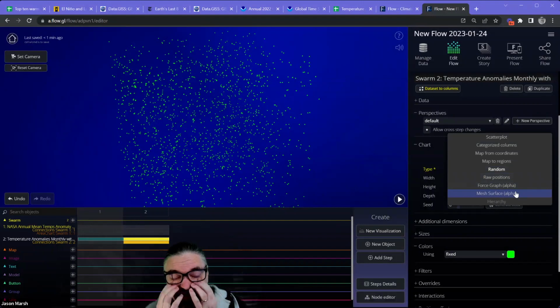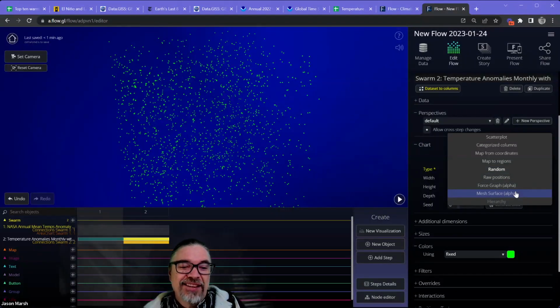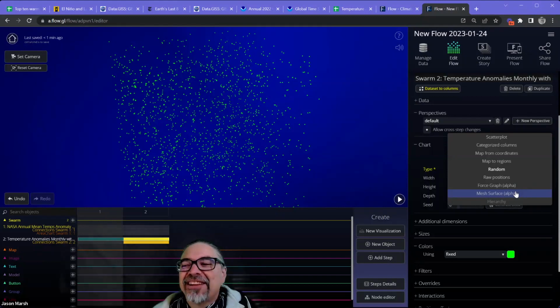So you can create a mother holding a baby out of dots and then have that transition into information about pregnancy or whatever. And so you can really bring a nice human element into flows. You can, of course, just include any 3D models you'd like, as well as images and text as well.